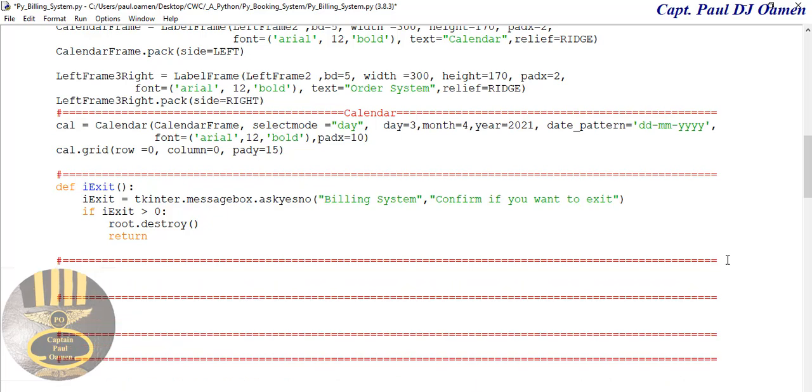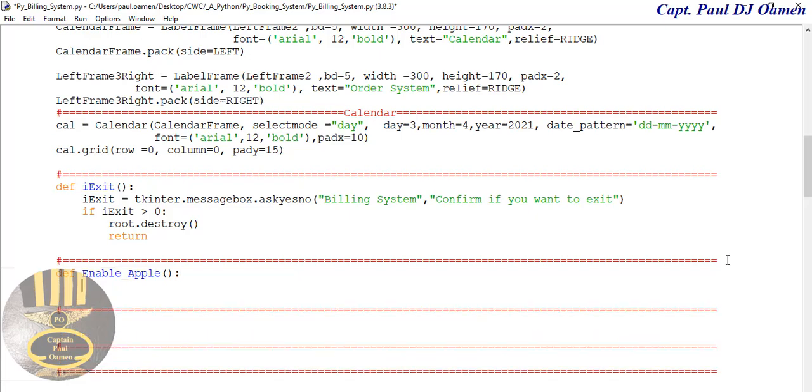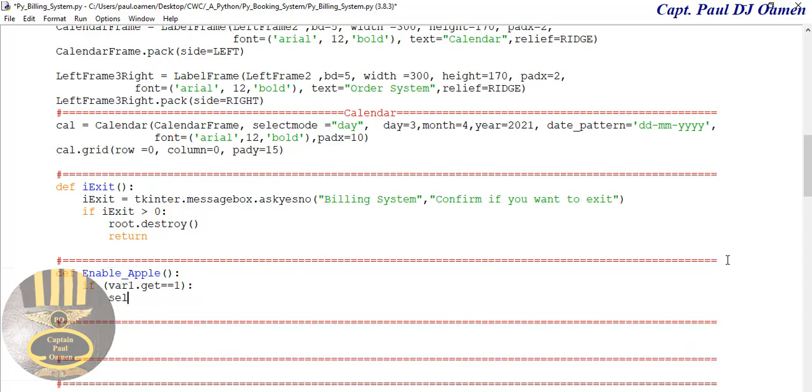So let's start by saying define enable underscore Apple. That's for the very first one. Enter parentheses there. Okay. Using an if statement, if variable 1 dot get equals 1, then I want as follows: self dot